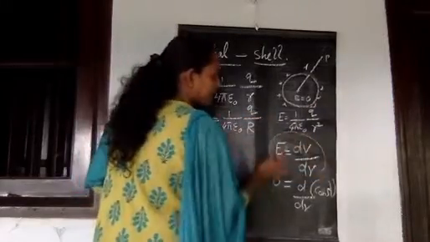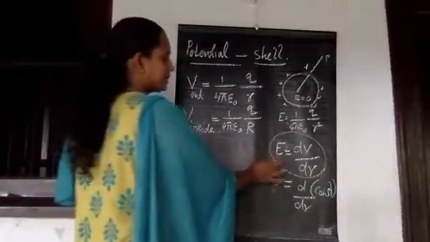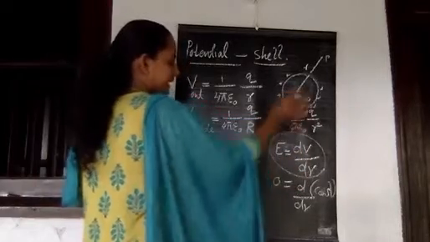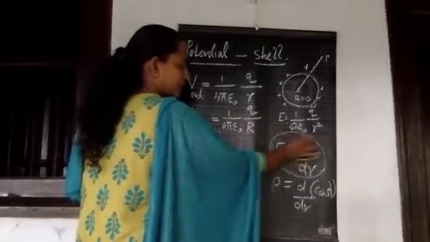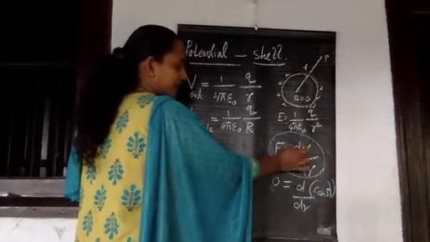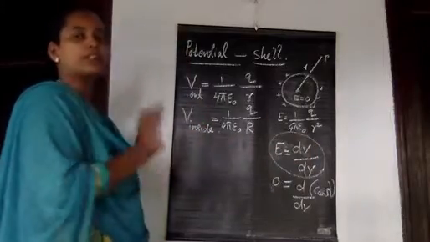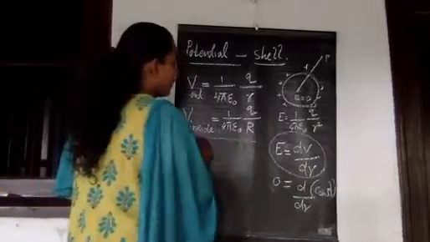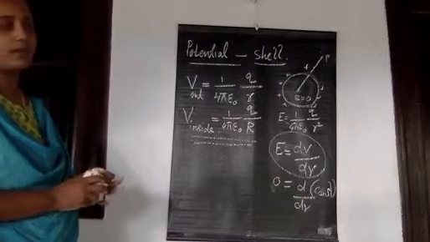This relation you will study in the next section of this chapter. The relation connecting electric field and potential is E is equal to dV by dr. So inside the spherical shell, field is 0. Field 0 means that the derivative of this function, which is potential, must be 0. The derivative of a constant is 0, which means the potential is a constant there. Understood? So this is the expression for potential outside and inside the spherical shell.